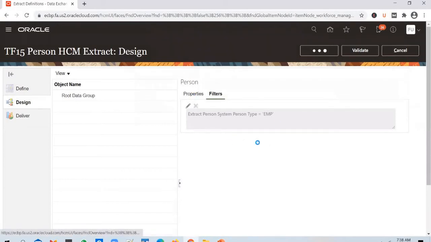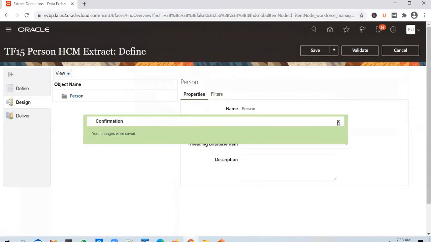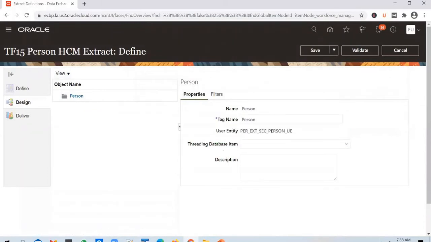And if you go to properties, you see that you have picked up a user entity here, right? So if you want to see the details of the user entity, there was an advanced tab available. You can view the definition of the user entity directly from here. So I'll show you how to do it when we add in the assignment data group. We're going to add in another data group now. I'll talk about it then.